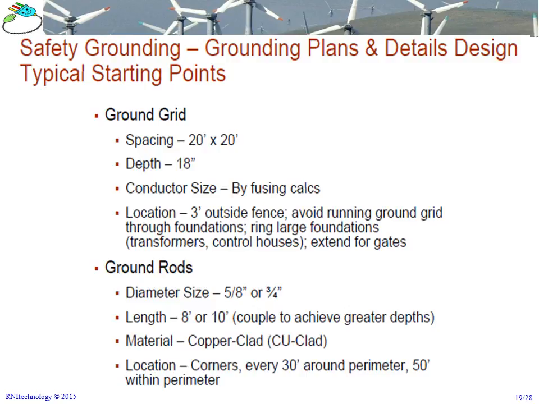fault happens. Ground rods, typical diameters are 3/4 of an inch or 5/8 of an inch. The lengths are typically around 10 feet. The material used for ground rods is copper clad, from a theft perspective, since you're trying to lower theft by not using pure copper. And for locations, you can add some ground rods in the corners or within the vicinity of the station grounding